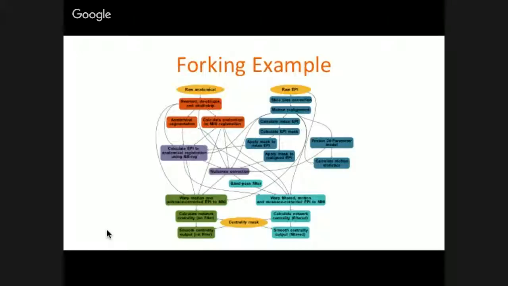So we get down to this one point where we go through nuisance correction, and we'll describe that a little bit more later. But we go through nuisance correction, and we have bandpass filtering. So in one pipeline, we have bandpass filtering, and that makes it blue. And in the other one, we don't have bandpass filtering. So when we go to the page that says filtering, we can select on, off, or on and off, right? And if it's on and off, we fork our pipeline. So now we have